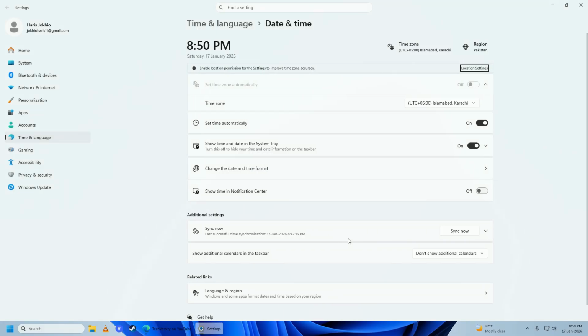Now you're going to make sure that your date and time and your time zone is set correctly, because if both of these settings are set incorrectly, then your computer has problems connecting to the internet. So just set your time zone. Once you're done with that, now just click sync now on here and it will sync your time with your